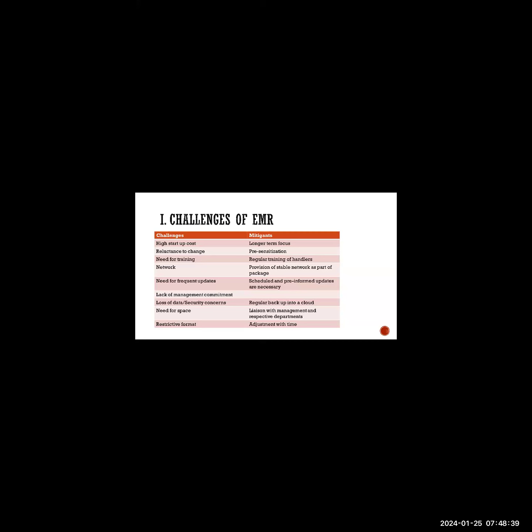Then the format of electronic medical record is pretty much restrictive. All the pages and the things that you would have to use have been created there, so you have to work within the frame of what has been provided. And if there is a need for anything outside what has been provided, it may be difficult to get that done and stored. Now, some of the disadvantages of electronic medical record are a high susceptibility to hacking and